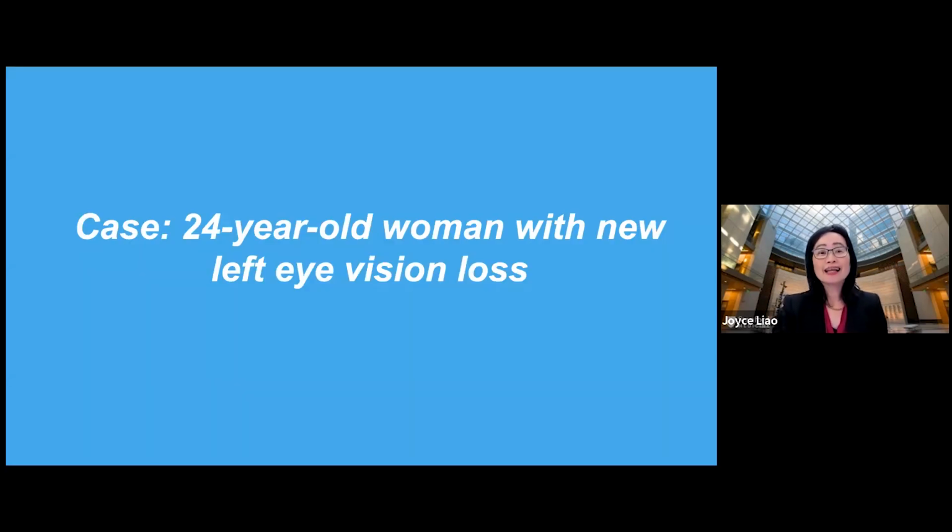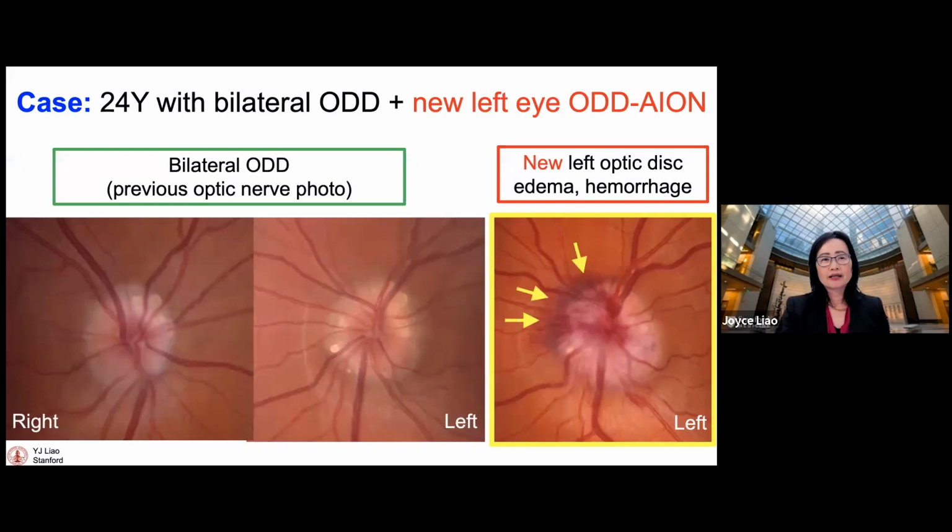I want to show you one last case of a 24-year-old woman with new left eye vision loss. This patient has optic disc drusen, which are calcified deposits in the optic nerve itself, and they look very pretty, and they're illustrated here. So 2 years after she was diagnosed with optic disc drusen, she developed new left eye vision loss, and